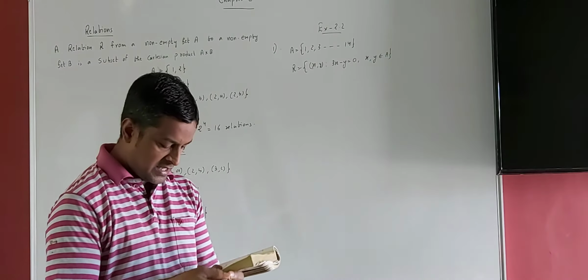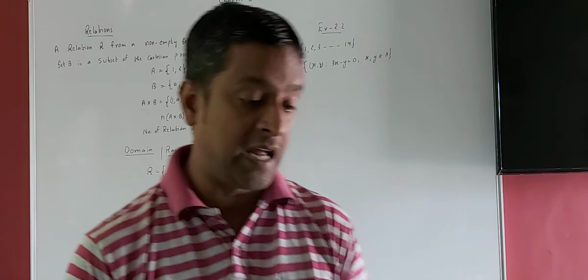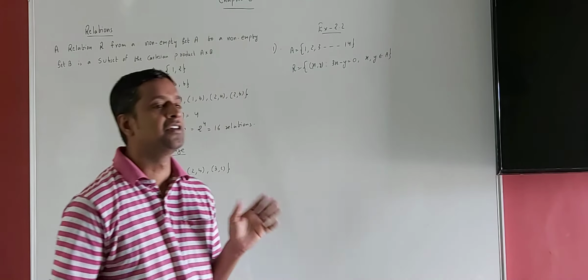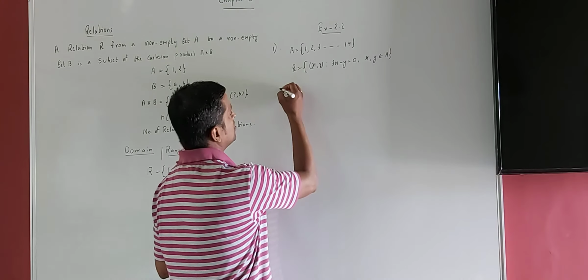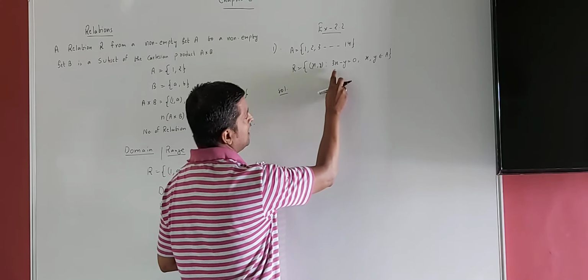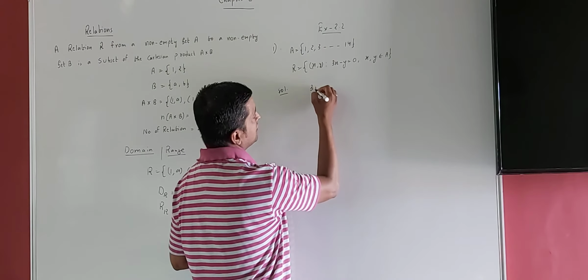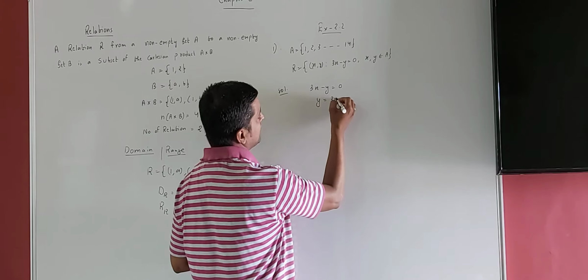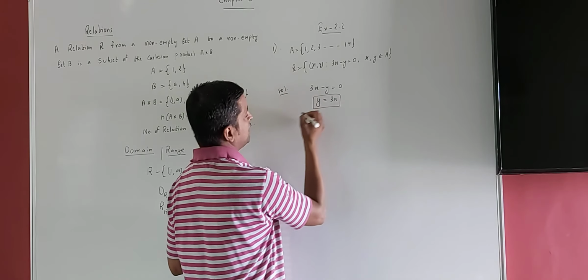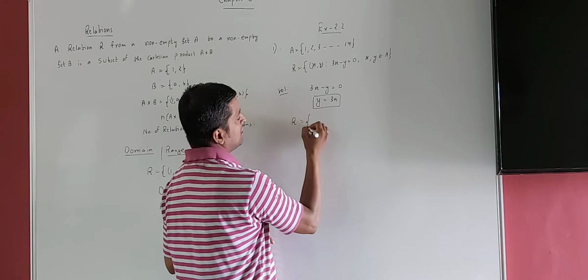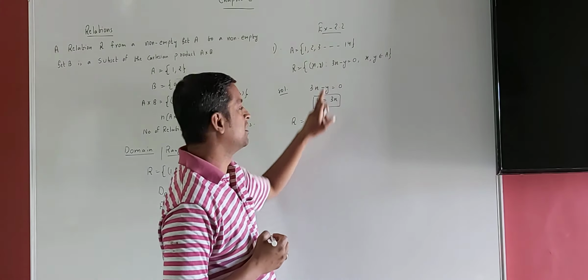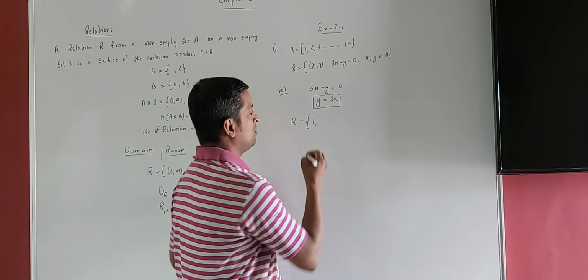Now the question is, write down its domain, codomain and range. We have to write down its domain, codomain and its range. So how to solve this type of question? Solution. First of all, see the definition. 3x minus y equals 0. So definitely y equals 3x. Now directly you can make the relation. Now if I take x equal to 1, both x and y will come from this set only. If x equals 1, then y is equal to 3.